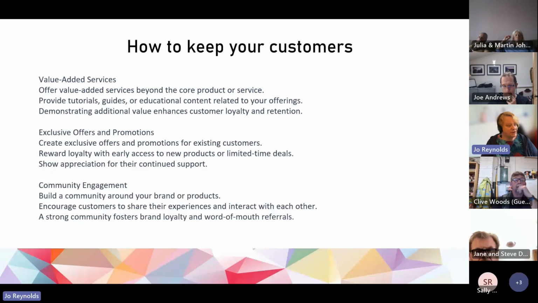Now this one, offer exclusive offers and promotions. You tell them they're exclusive. They don't have to be. You could be offering the same 10% to everyone else, but be careful if you do that they don't talk to each other. Okay, but make sure that you are rewarding loyalty with what's relevant to them, and then build